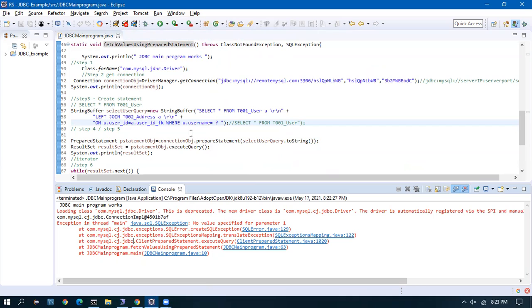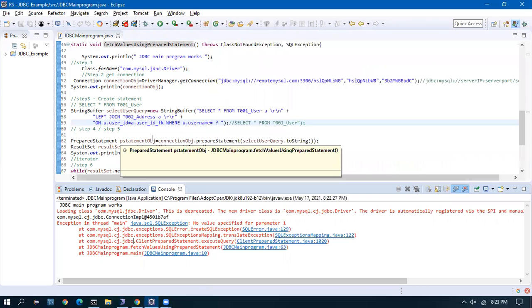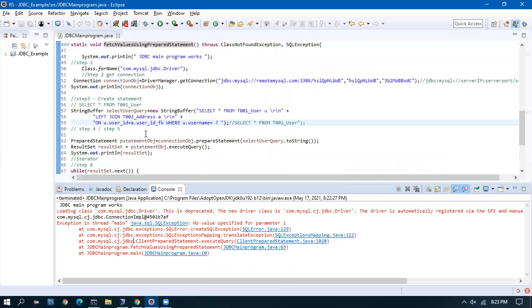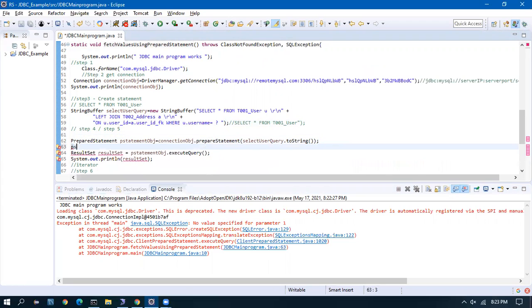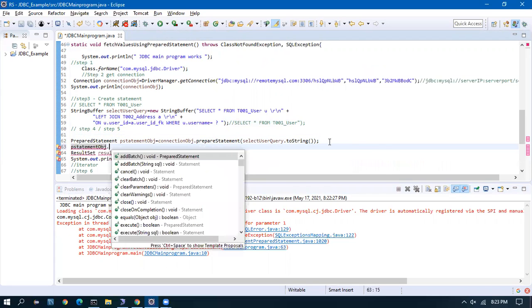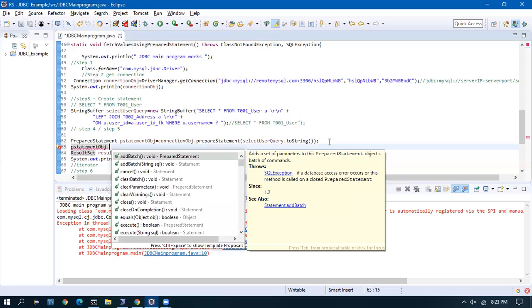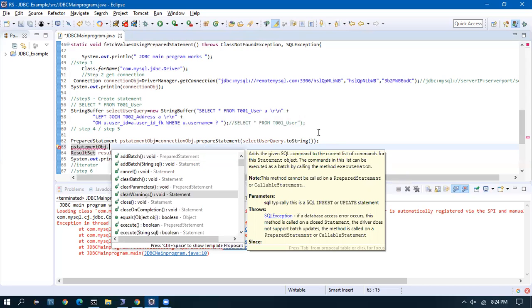So to specify the parameter, we have to set the value to the question mark before executing the query. P statement dot, you can see many methods here. Add batch, cancel.